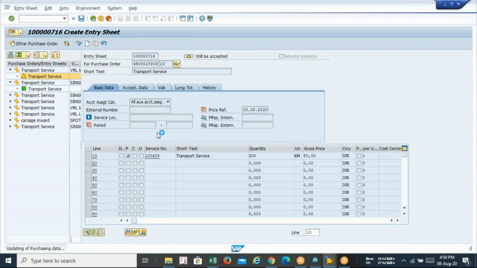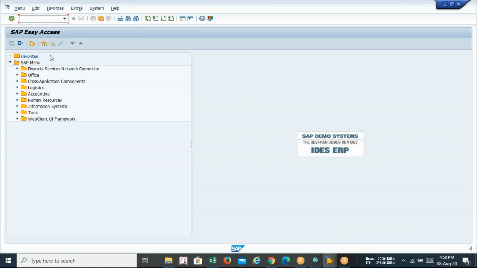I think this step is very much clear to all of you. You can take my company code reference in the meantime. If you want to practice, you can take my company code reference. Okay, practice. For the time being, now MIRO.